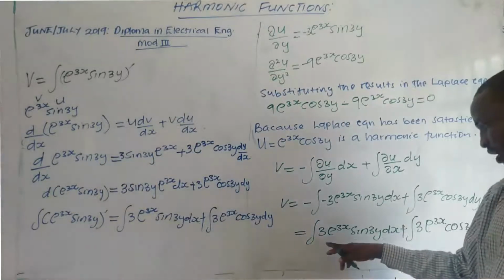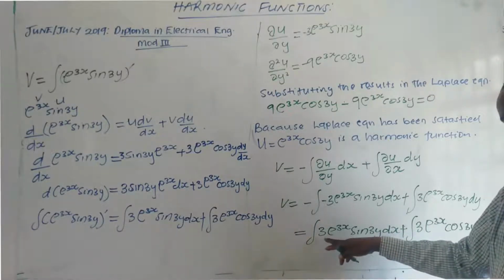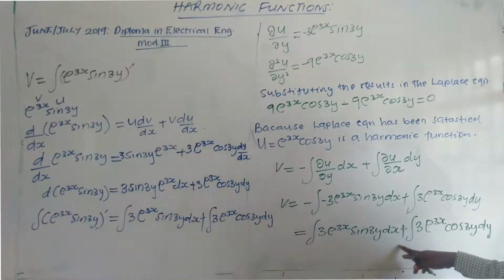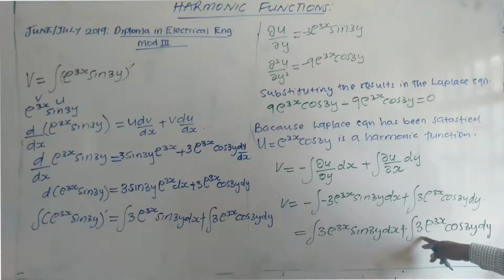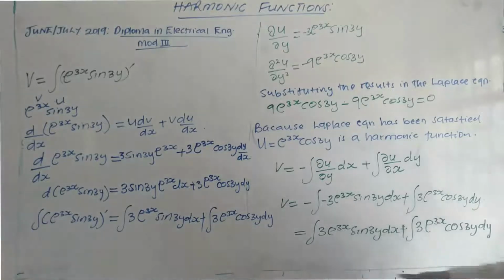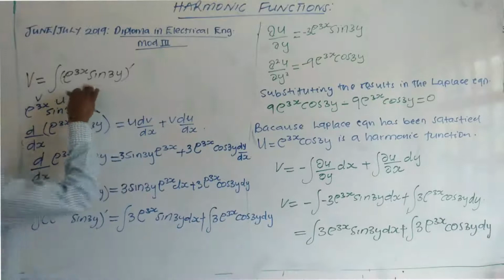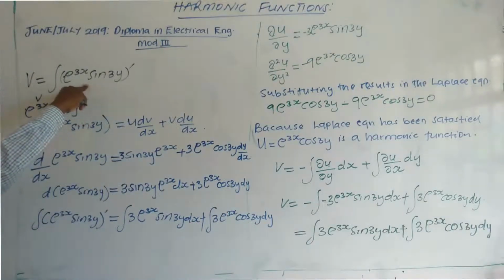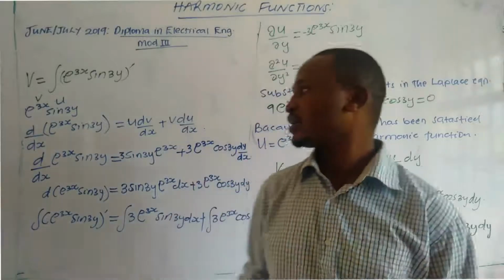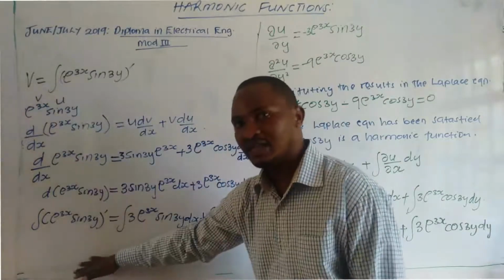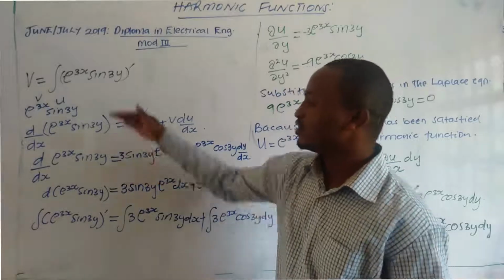Notice the order of this is the same as this, and the order of this is the same as this, and that's why I'm saying the integral of all of this will become this, which I've taken a lot of my time to try to prove to you. But of course, if you can really remember product rule very well, you don't need to do all this work. I was only trying to remind you. So all this is not necessary.